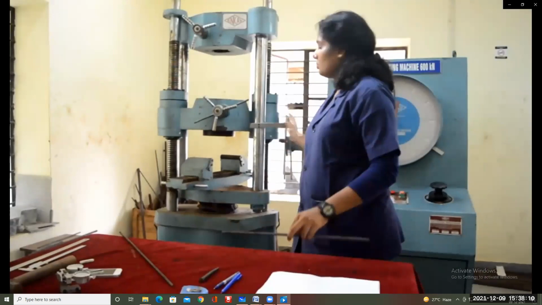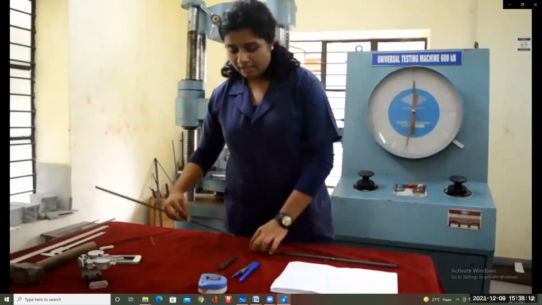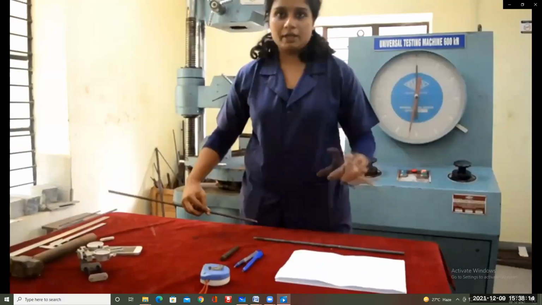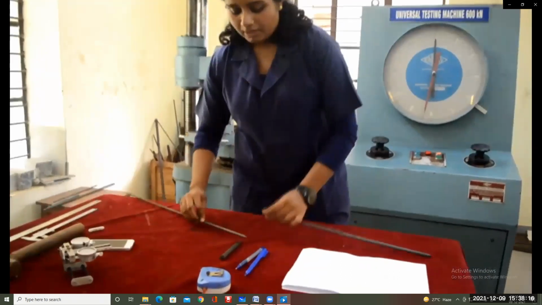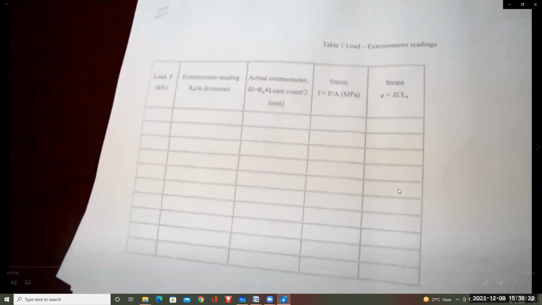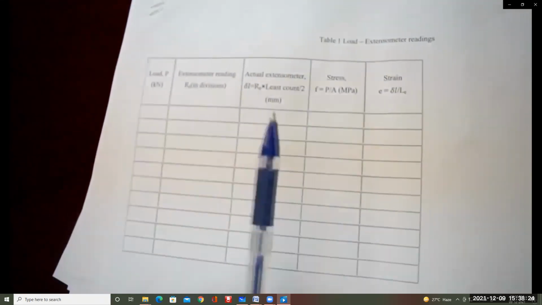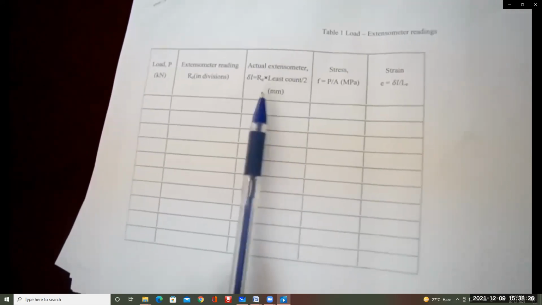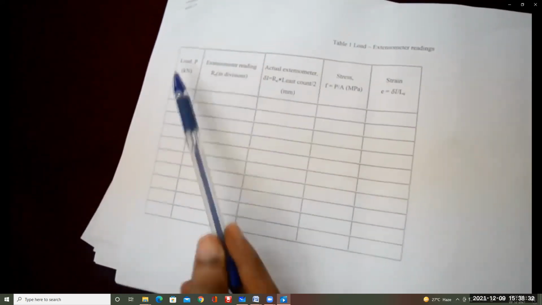Take the specimen out from the machine and observe the neck to be cup and cone in shape. Now find out the neck diameter using the vernier calipers. We'll get the load corresponding to the extensometer reading, and the actual extension can be found out by multiplying the divisions into least count. Now coming to the stress, it can be obtained by force by area, and strain is delta